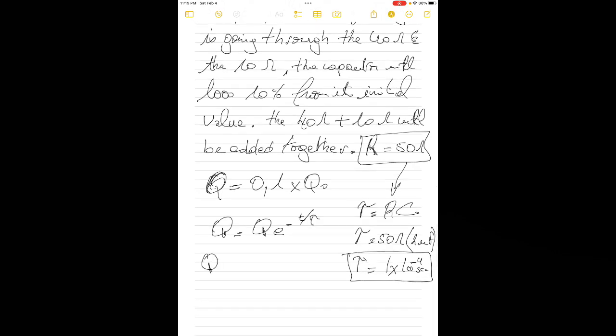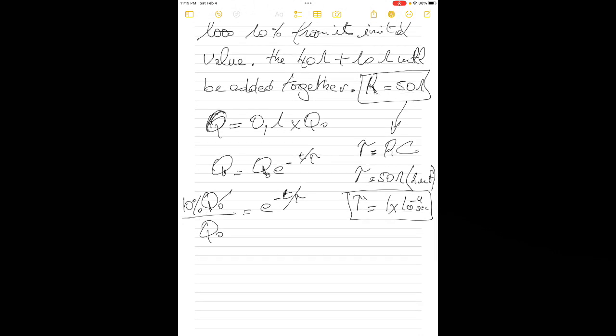So this is 10% of the Q initial. Actually, we're going to divide it by the initial. It's going to equal the exponential of minus time divided by tau. So this 2 will cancel. 0.1 equals the exponential of minus time multiplied by